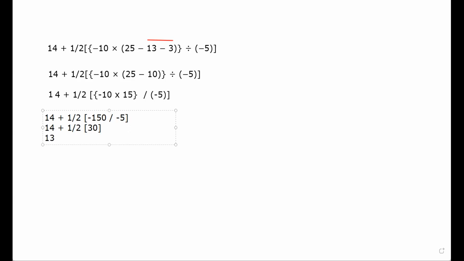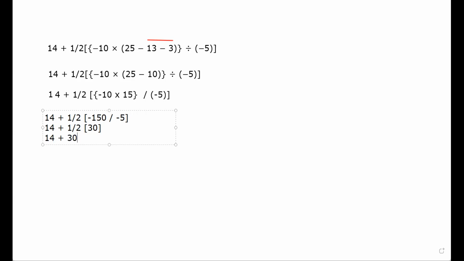And my dear student, as you can see, this is 12 plus 1/2 into 30. So my dear student, when any symbol is not given between 1/2 and this bracket, no symbol is given, so we have to automatically multiply. That means this will become 30